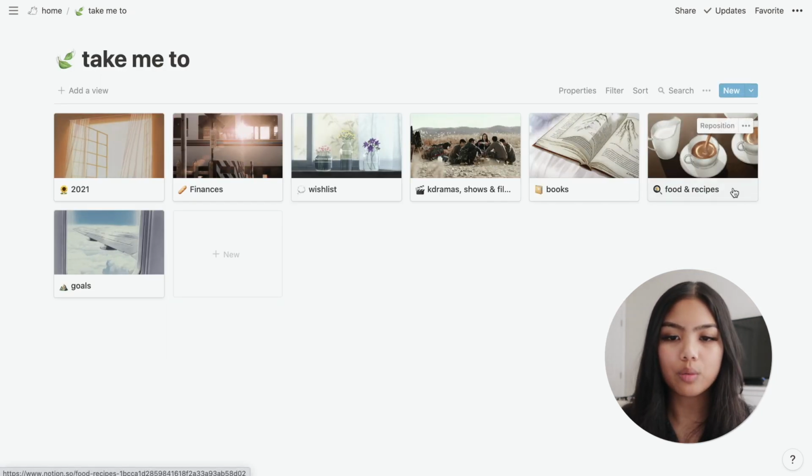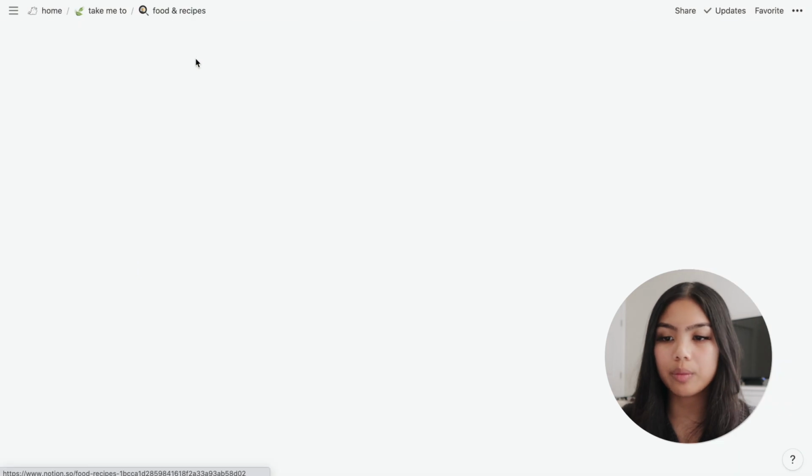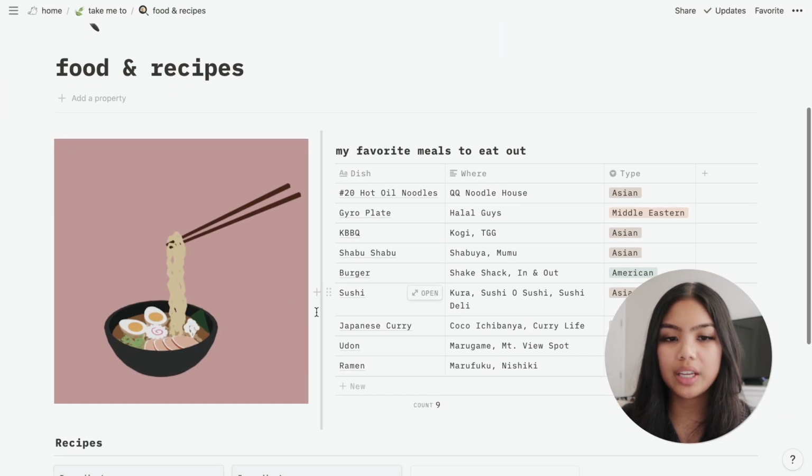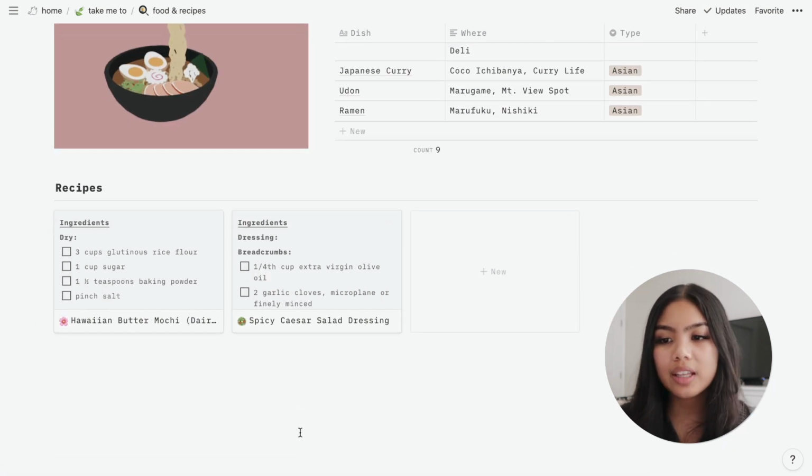Next, we have my food and recipes page. This is very work in progress. I basically just have a table of some of my favorite dishes that I like to eat, where I can get them, and then right below that are different pages to some of my recipes that I've tried or wanted to try. Obviously, I don't have a lot because I don't cook that much since I still live with my parents, but hopefully this will grow over the year because I do want to get into the habit of cooking